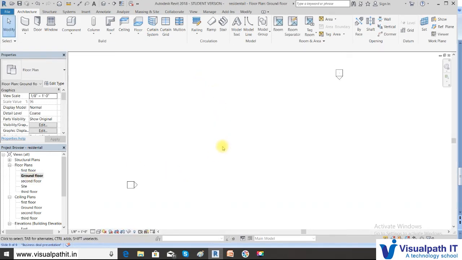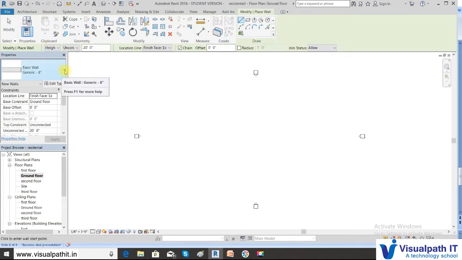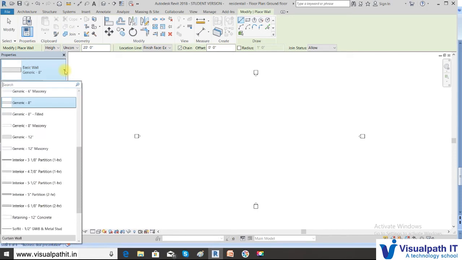You can zoom and you can find the cursors and the elevational views. Now once you set it in between the screen, in between your view, then you need to click the wall tool here. Click wall tool. Now first I need to set this one. You can see the properties bar, there are different types of walls. So let us take the generic 8-inch masonry